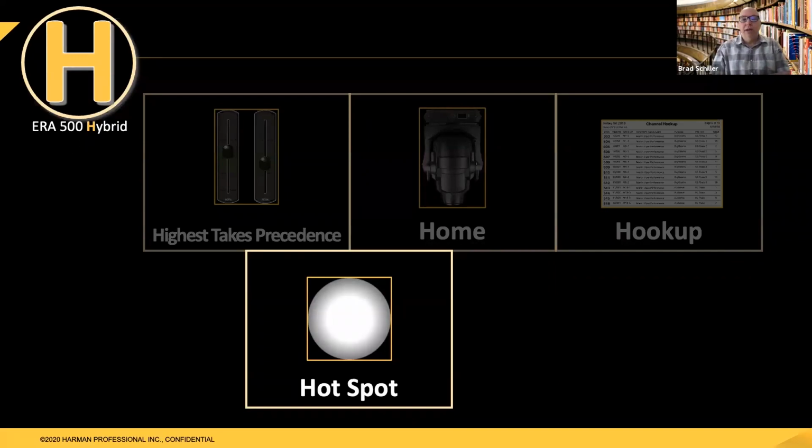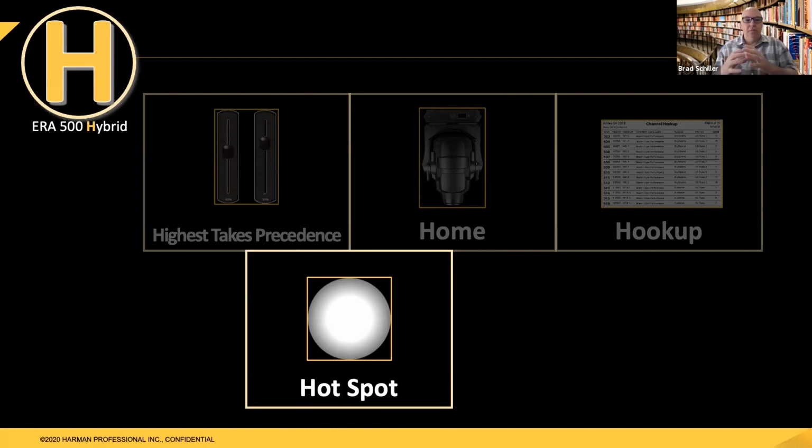Moving on to hotspot. Hotspot sounds like a great place to go for that date on a Friday or Saturday night and hope for a hookup. Yeah. No, but a hotspot is actually a portion of an output that is brighter in the center, or it doesn't have to be the center, it could be elsewhere, but typically it's in the center. It's the portion of the output of a light that is brighter than the rest of it. And that hotspot can be useful, or it can also be annoying. It depends how you want to look at it.